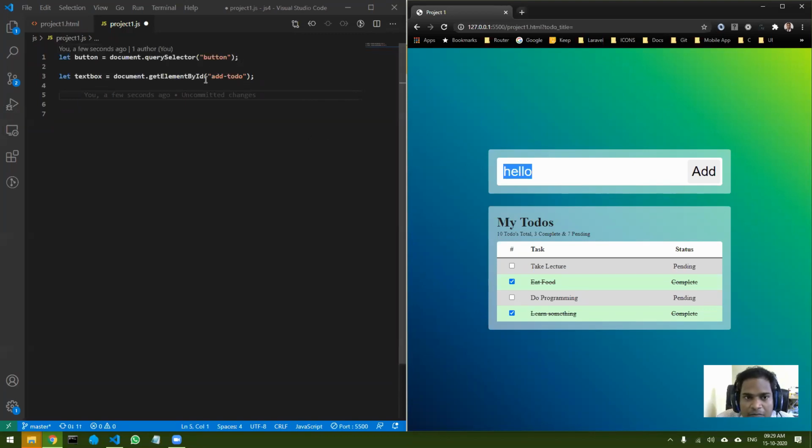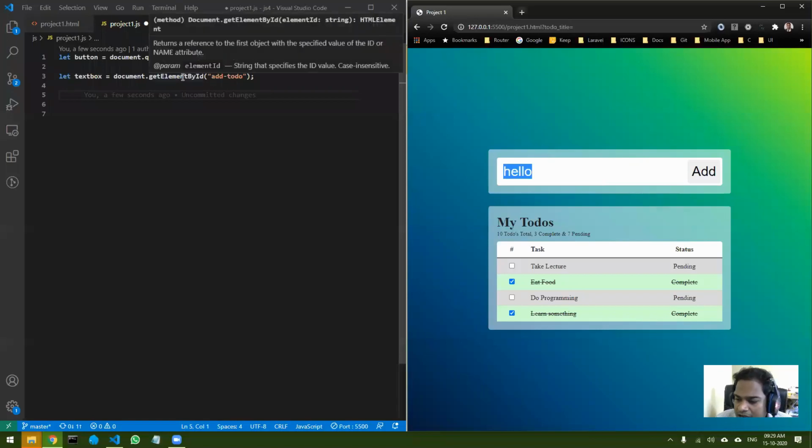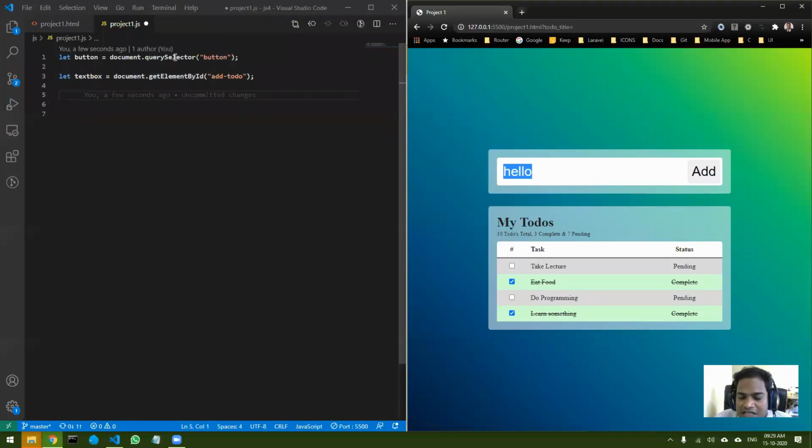But if you use #addTodo over here in the querySelector, then both of them will almost represent the same thing, because you are targeting a particular element, whether you're using querySelector or getElementById. But querySelector is much more versatile.